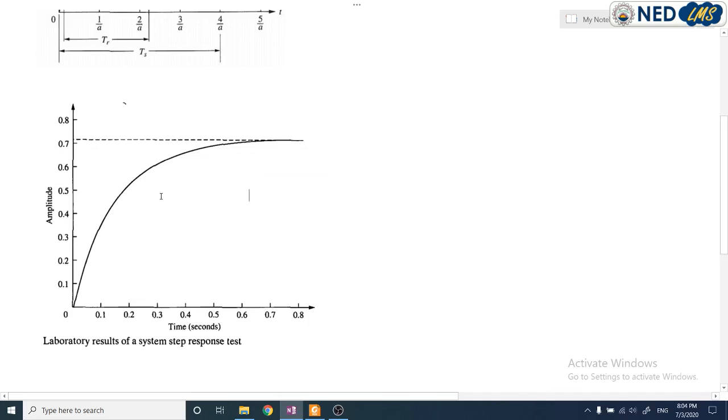So we can assume it as a first order system, and if it is a first order system, then its transfer function will be K upon S plus A. To obtain the value of this transfer function, we have to find out the values of these constants K and A. Now in this output response, the final steady state value is around 0.72,